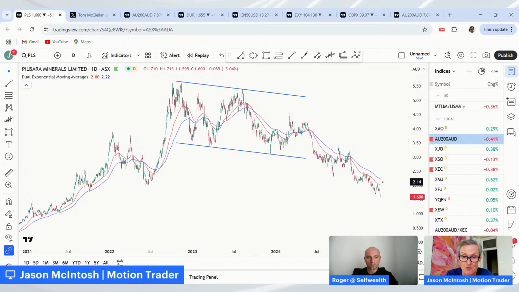Yeah, $2, $2.10 or $1.10. You know, I'd say, well, I think the odds favour $1.10. I think the odds favour it going lower. So again, I don't know, but I certainly wouldn't be buying it, and I'd be concerned holding it due to the potential to destroy more capital.